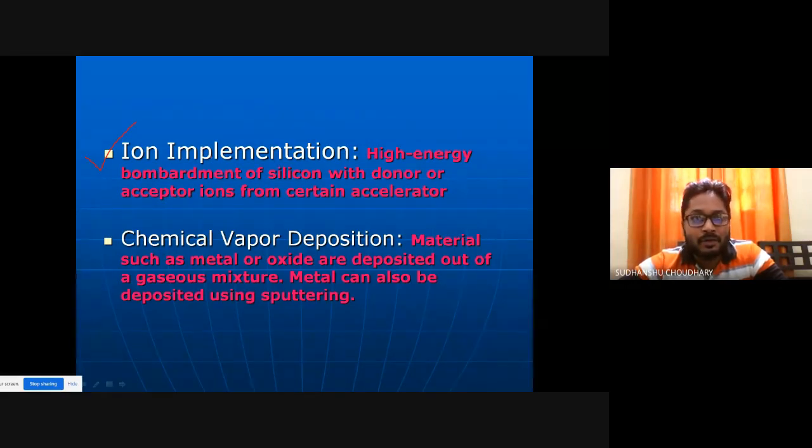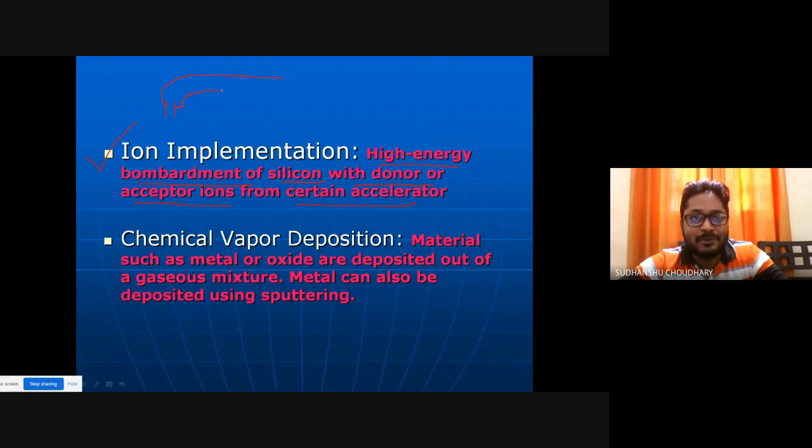Okay. So what is the ion implantation technique? In this technique, you have a high energy bombardment of silicon with donor or acceptor ions from a certain accelerator. So you have some sort of ion source over here, and then you have some sort of tube kind of structure here.